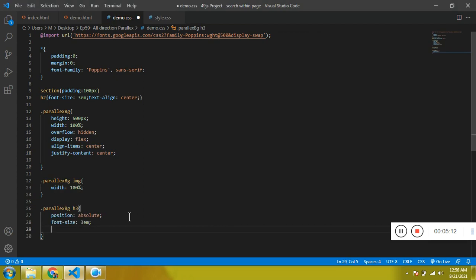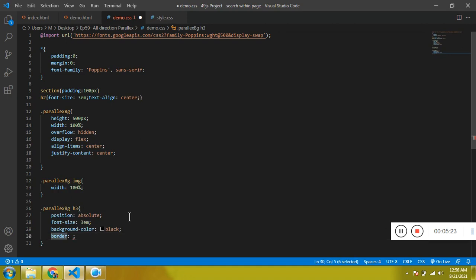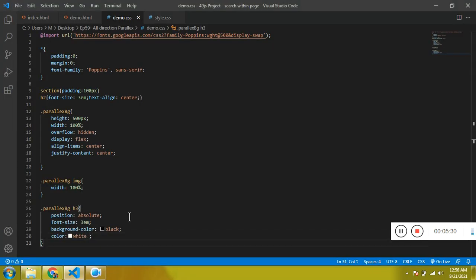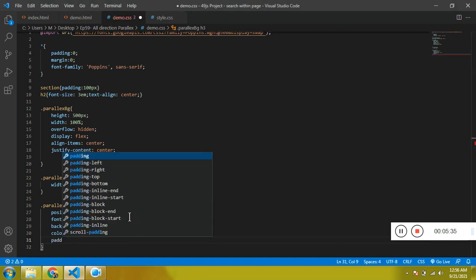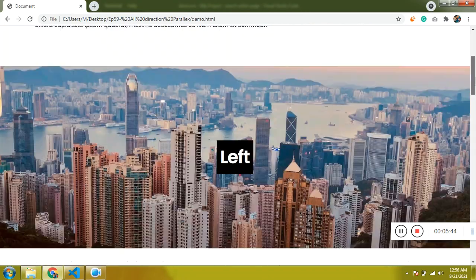and let's give the background as black, and then the color as white. Let's increase the padding, top and bottom on all sides, let's make this 10 pixels. Cool.